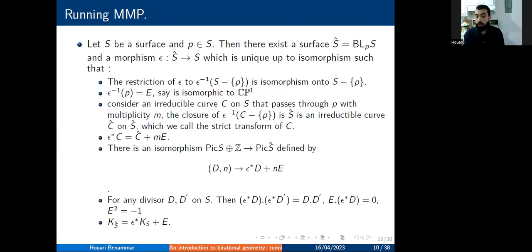So we consider an irreducible curve C, that means a curve which cannot be written as a union of two closed subsets, that passes through point P with multiplicity m. So the closure of the pre-image of C minus P in S hat is an irreducible curve, and we call this the strict transform of C. Okay, so by local calculation, we can see that